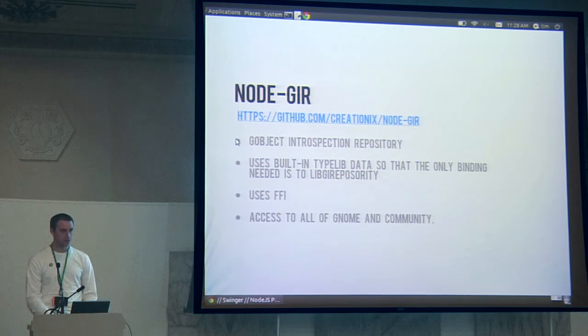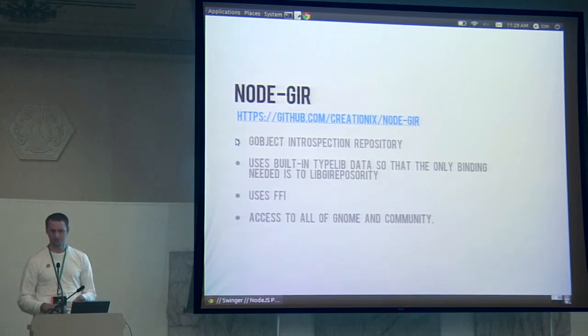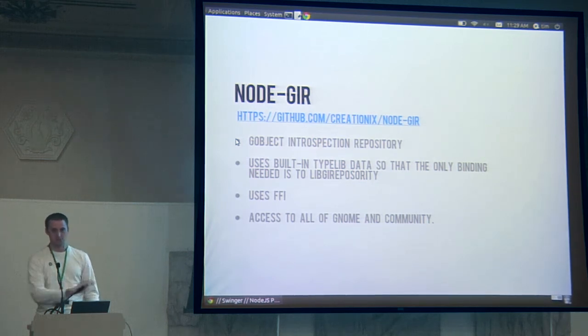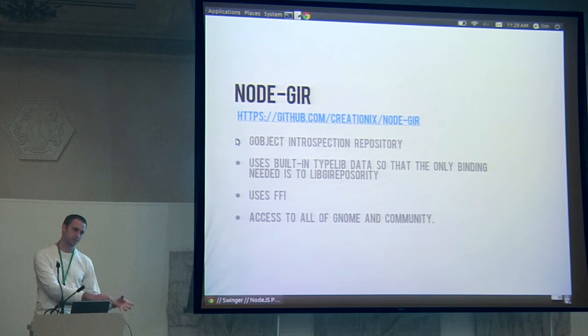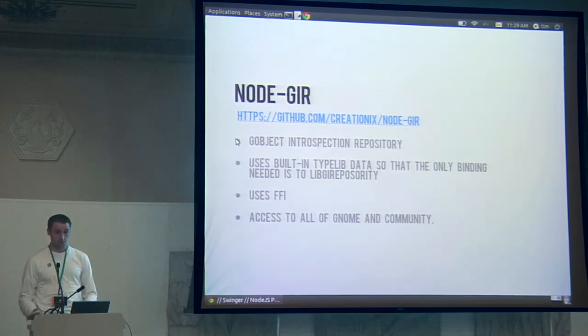So GNOME 3 has this cool thing that they've released now called GIR, G-Object Introspection Repository, I believe. And basically what it is, all the source code is forced to have annotations saying this is the type and this is the return value and all this cool stuff. And then this other program comes in after the fact and takes that source code and creates these massive XML files. And then another program takes those XML files and generates these typelib files. But all that's done for you.